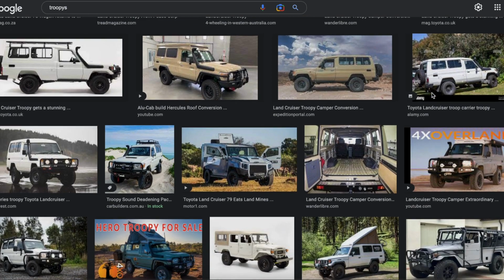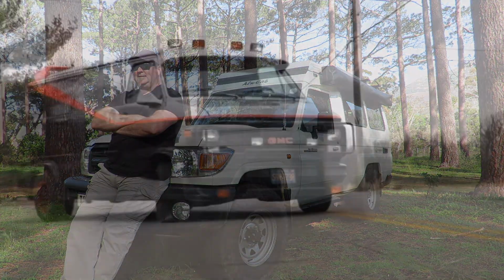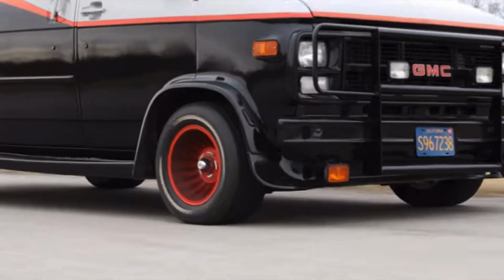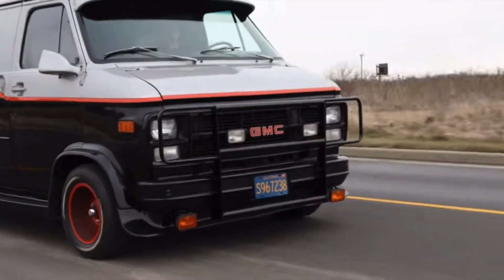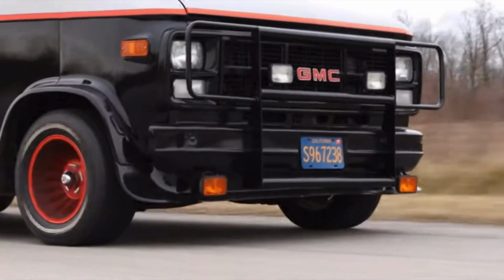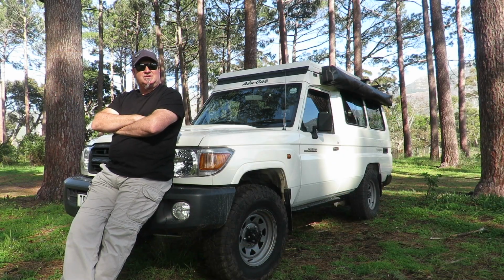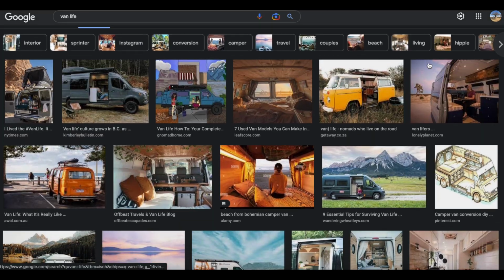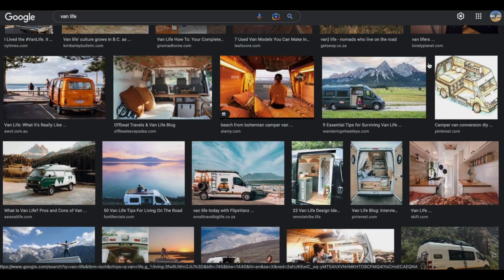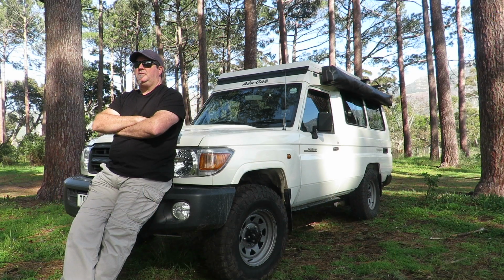dreaming and wondering. And part of my dream has always been a live-in van. I'm part of that generation that grew up with the A-Team, and they had such a cool van with all the kit in the back. So as I trawled through the internet looking at van lifers and the Mercedes Sprinter in particular during lockdown,